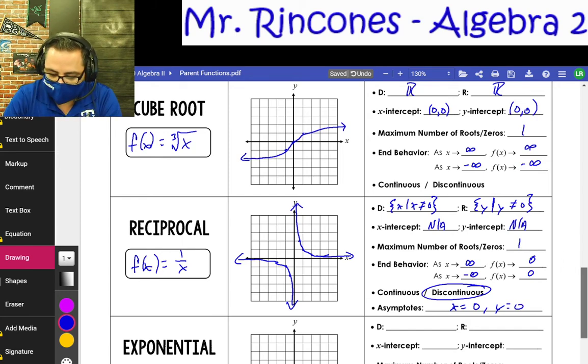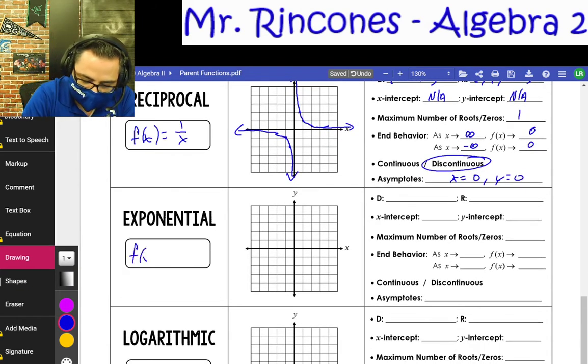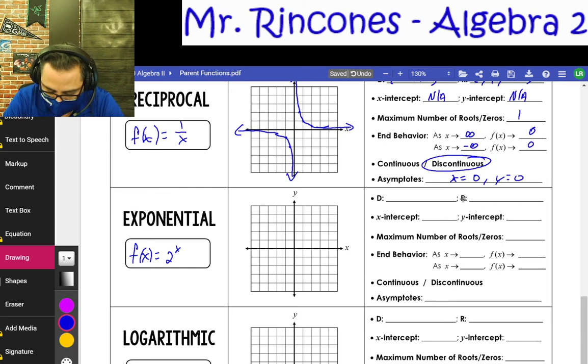Let's take a look at exponential. So exponential functions, what are those? Well, f of x is equal to 2 to the x. What does that look like? All right. Well, 2 to the 0 power is 1. Well, anything to the 0 power is 1. 2 to the 1 power is 2. 2 to the negative 1 power is,